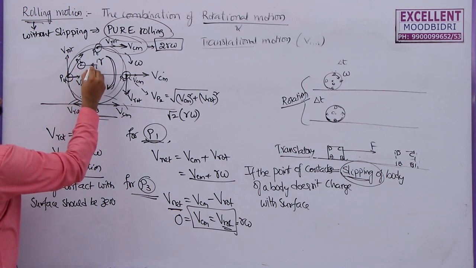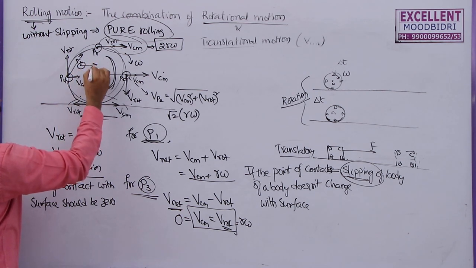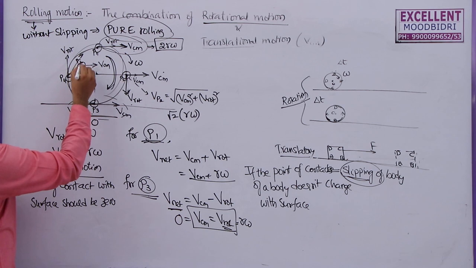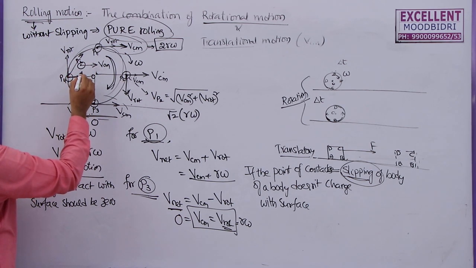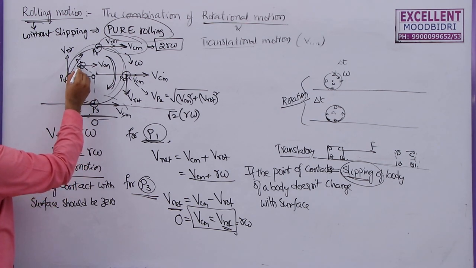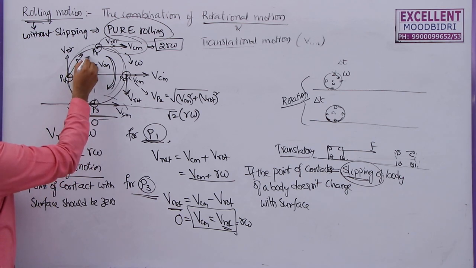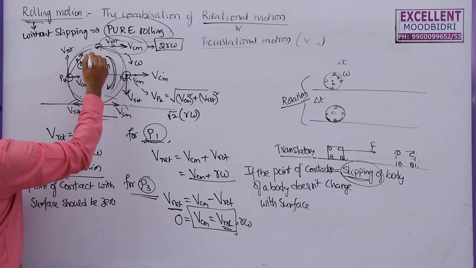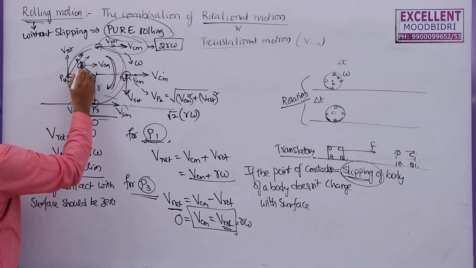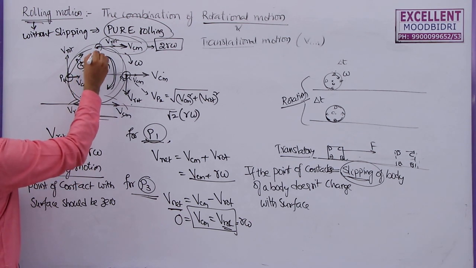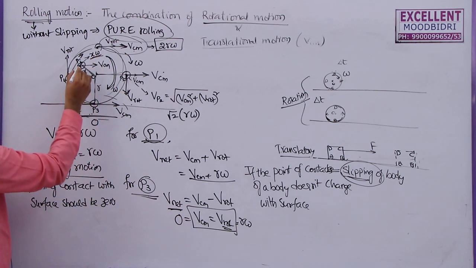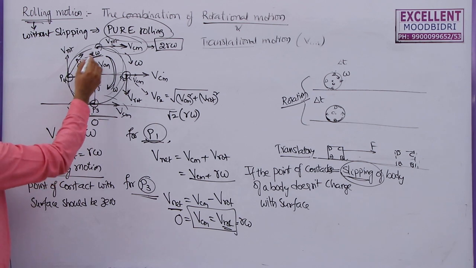But what about this particle Pi within the disk here? Now we can say that this is V_CM always. The velocity of center of mass is given by V_CM because all particles will move with the same velocity. And here, how to take the radius vector? This is the radius vector for this particle. Now it should be perpendicular. And what is its value? Let me take this as x. So this will become x omega, because the angular velocity omega will not change, but the distance of this particle from the center or axis of rotation is x. So this is x omega.